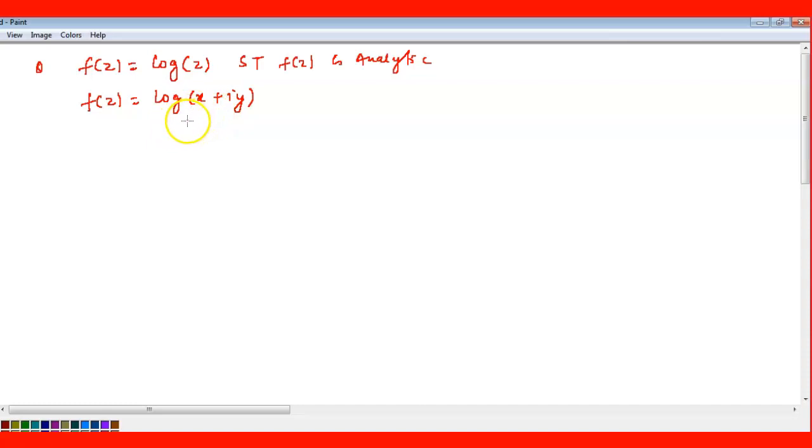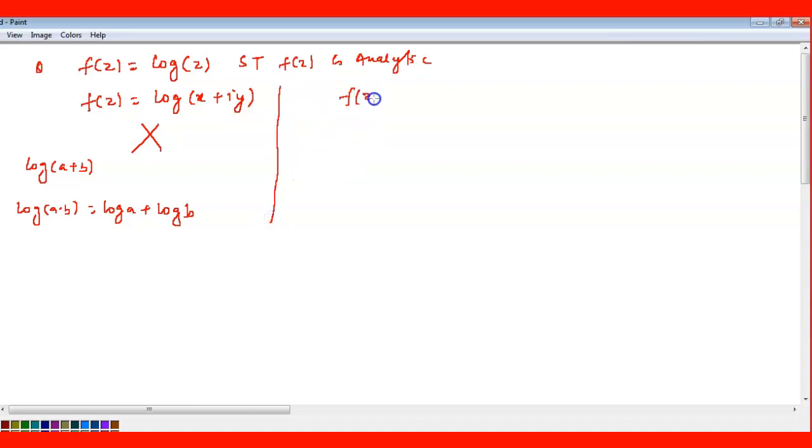Now see here, you cannot expand anything here. Log of a plus b, you don't know anything, right? If given log of a into b, then we know that it is equal to log of a plus log of b. So this one further we cannot do. If you do it, it will become very complicated and irrelevant to expand in the Cartesian form. So better you try this one in the polar form. If the Cartesian form is not working, then only you try the polar form.